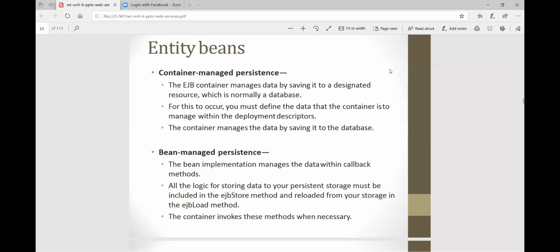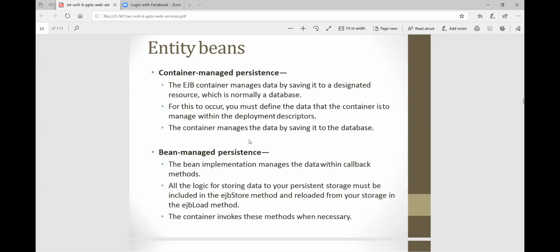Always remember in EJB there is a container which can store the processes or manage the data by saving it to a designated resource, which is normally a database. For this to occur, you must define what data the container is to manage with the deployment descriptor.